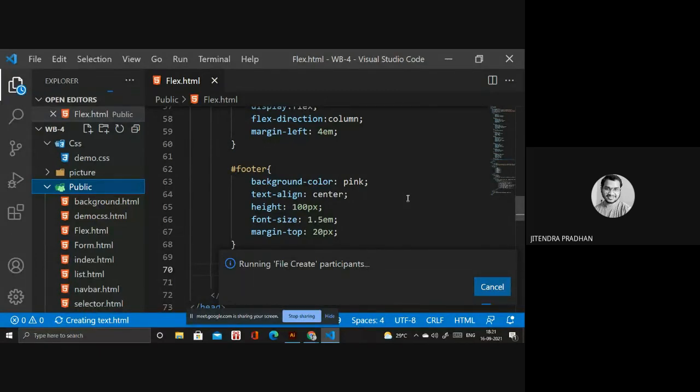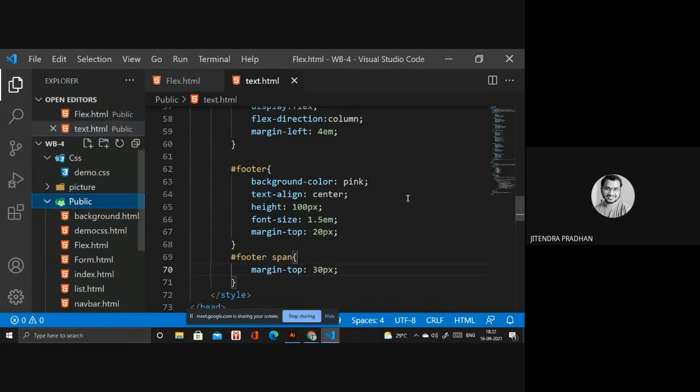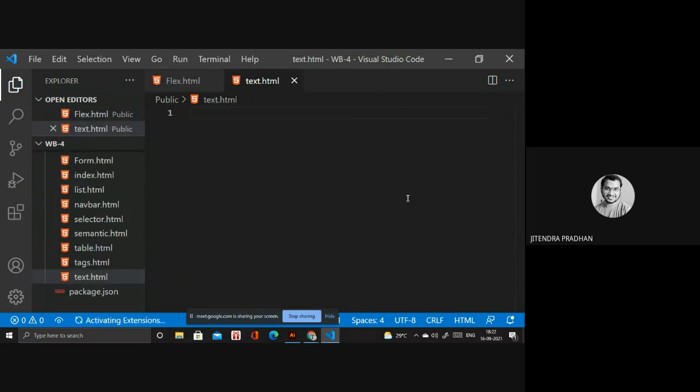Before that, if you want to design a text, like if you want to give a color to the text, and if you want to change the font family to a particular family of the font, then you can by using font family. And font size, if you want to change the font size to 10 pixel or 2 em or whatever unit you are using, it doesn't matter. Next we have font weight, means if you want to bold that particular font, or if you want to italic that font, then you can.